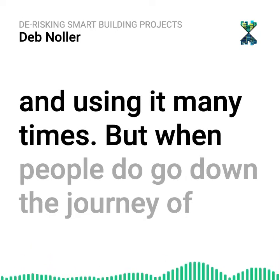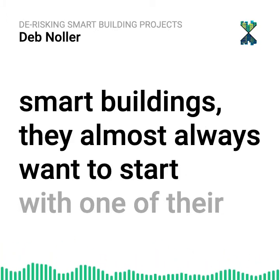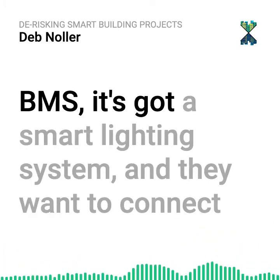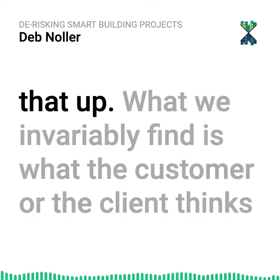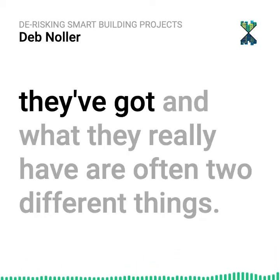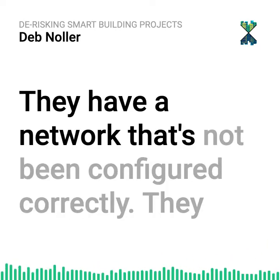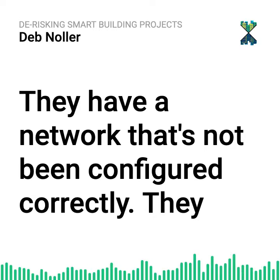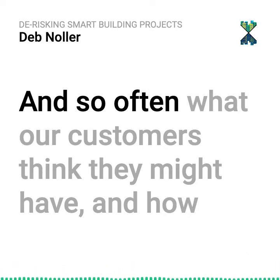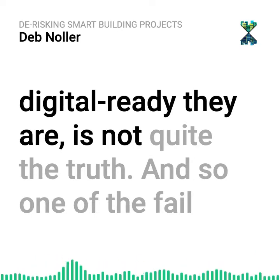But when people do go down the journey of smart buildings, they almost always want to start with one of their iconic buildings, which they know is digital ready. It's got a BACnet BMS, it's got a smart lighting system, and they want to connect that up. What we invariably find is what the customer or the client thinks they've got and what they really have are often two different things. They have a network that's not being configured correctly. They thought they had a BACnet license on the BMS, but actually they don't. And so often what our customers think they might have and how digital ready they are is not quite the